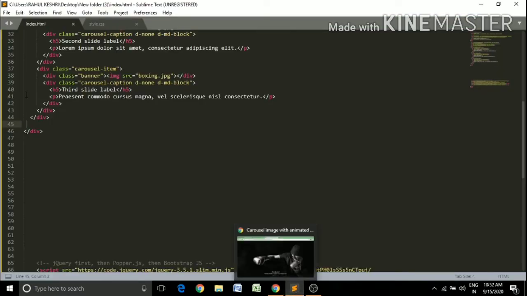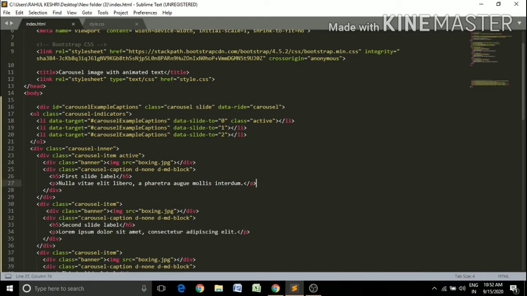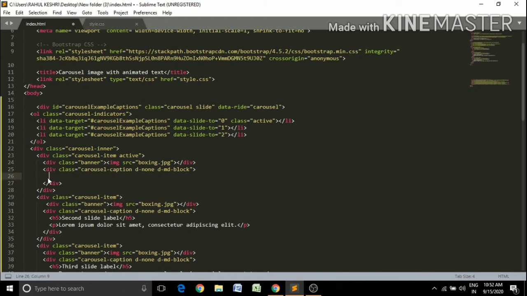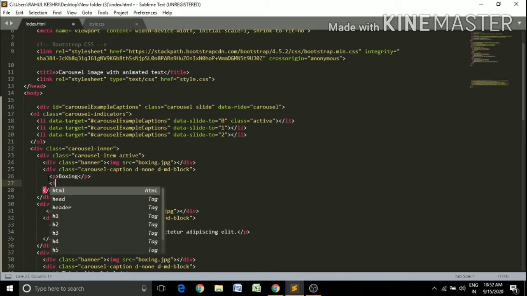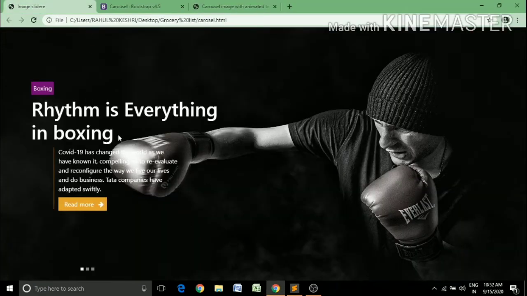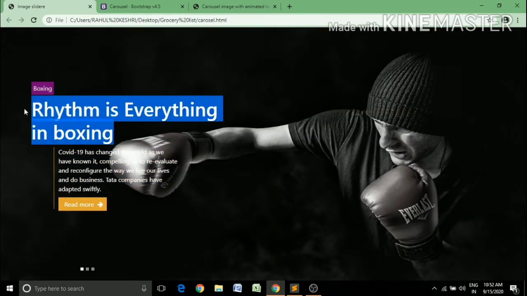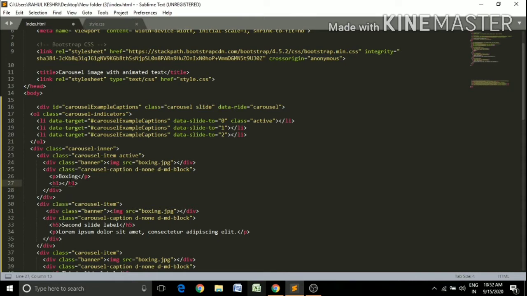Okay, now just go to the carousel caption, delete this part and write a paragraph tag, boxing, h1 heading, and now I'm going to copy this and paste here.